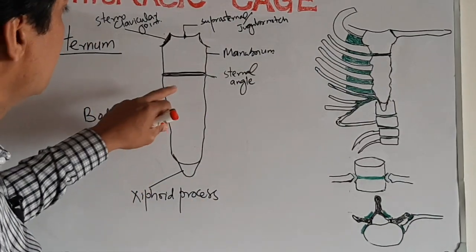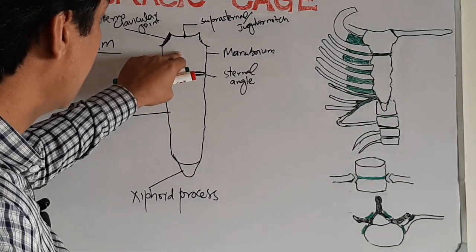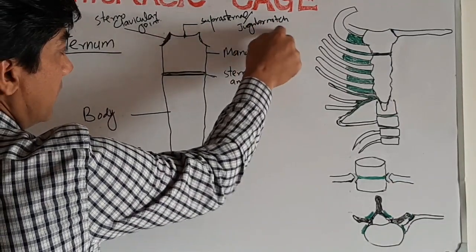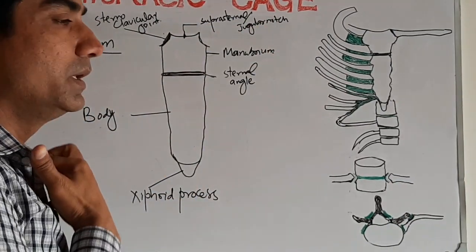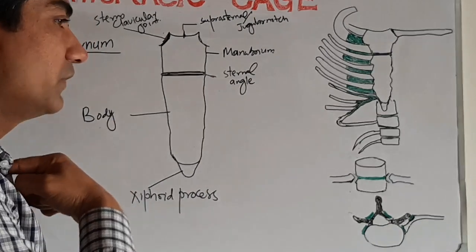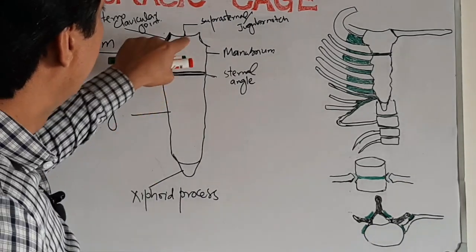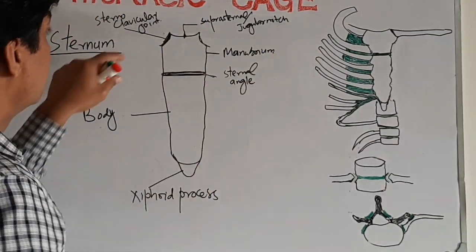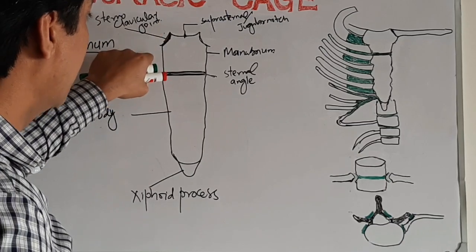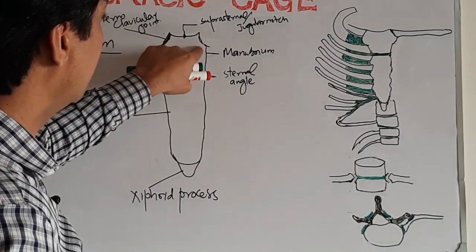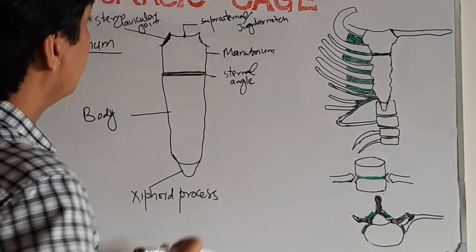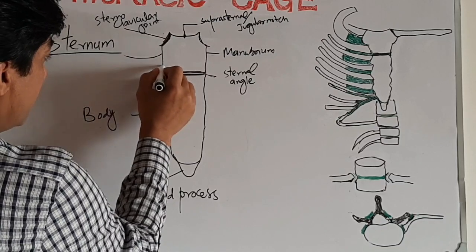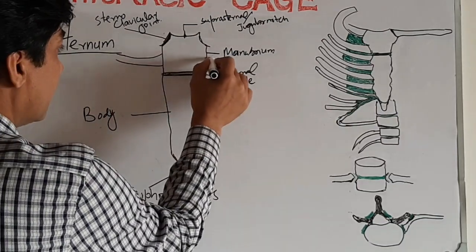While talking about the manubrium of the sternum, you can palpate the suprasternal or jugular notch over your sternum superiorly by placing your finger. And left and right of the suprasternal notch, that is the sternoclavicular joint where the clavicular bone articulates. And the manubrium is the part that connects with the first pair of ribs bilaterally.